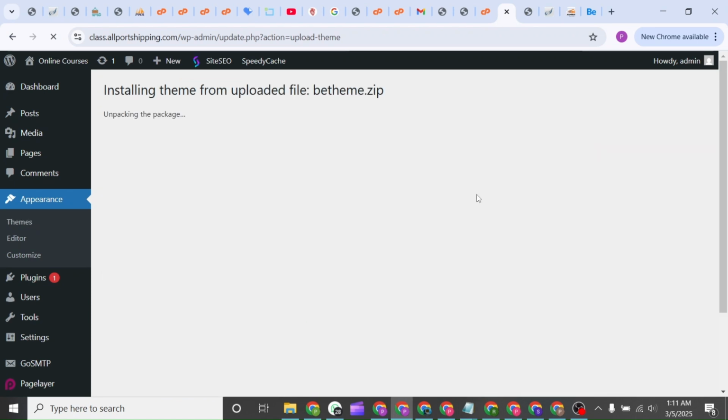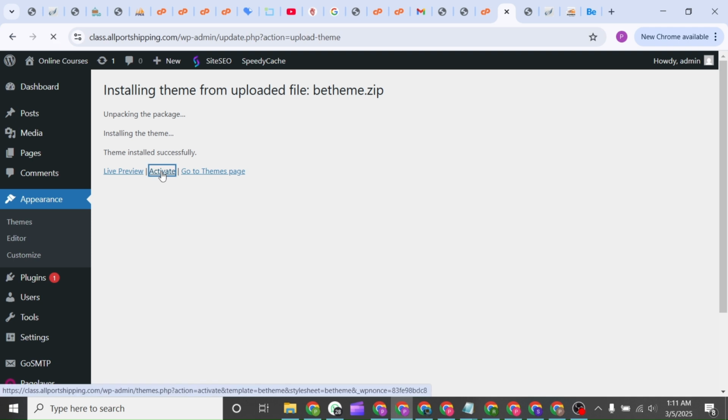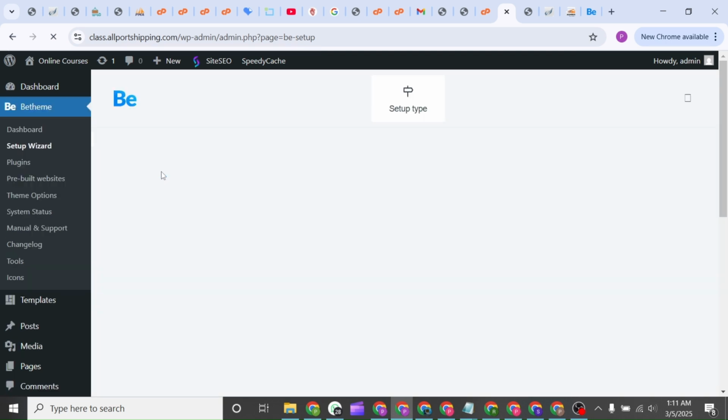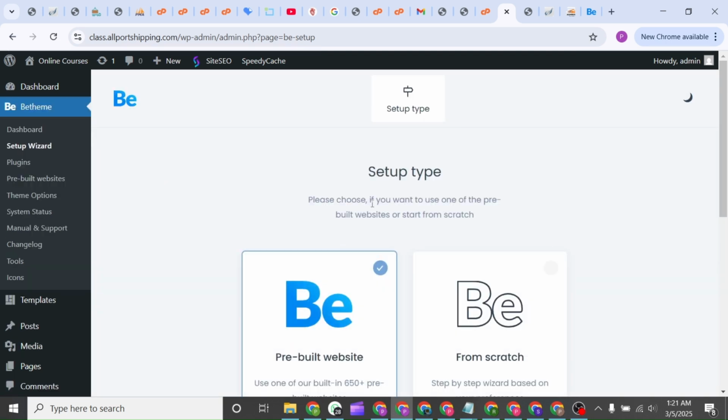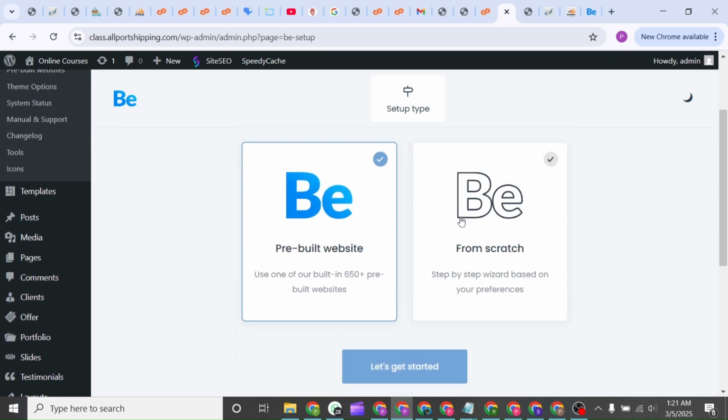So as you can see, our theme is unpacking. So go ahead and click on activate. So you can see we've just learned how we can solve that kind of problem while we are still on our install. So now that we have installed our theme, the next thing I want to do is